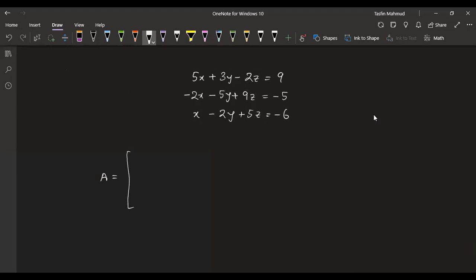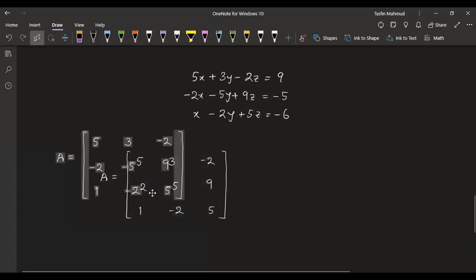What would be the a matrix? The a matrix would be 5 3 -2, then -2 -5 9, then 1 -2 5, right? So this is the coefficient matrix, and for the b matrix we will have